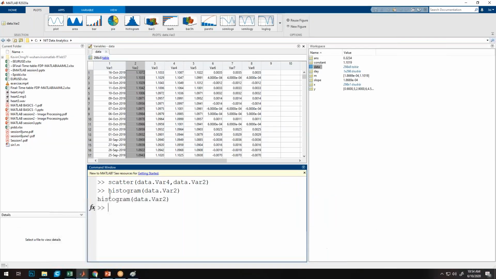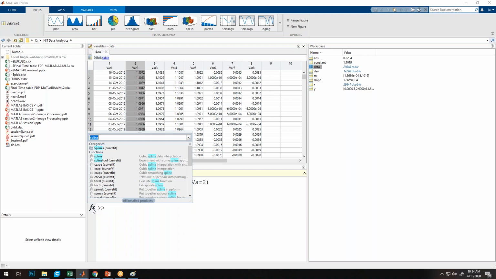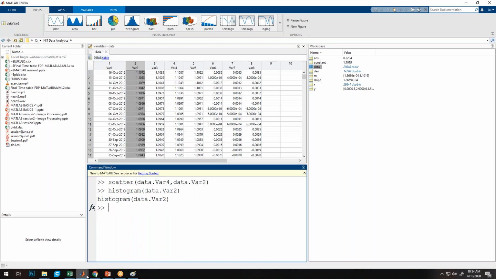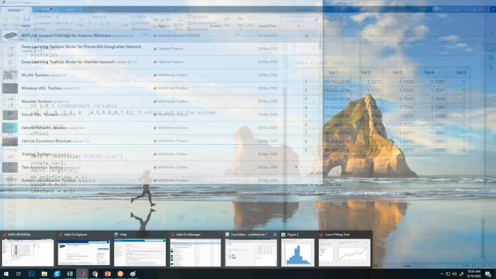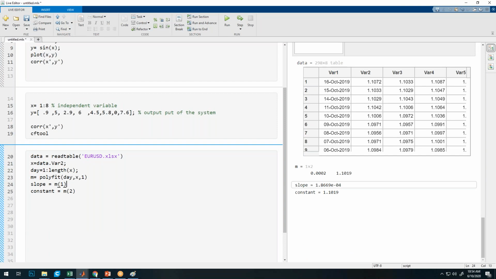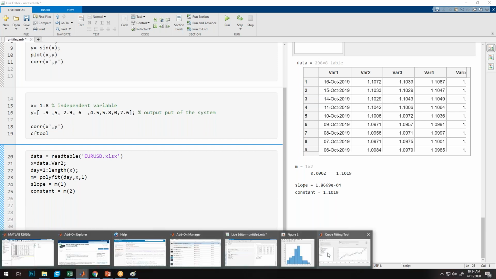Let me tell this one, smooth spline, the smoothing feature. Better, we will use a live script editor only to see this one part. So I think no participant has any doubt in understanding the toolbox, like how you can use it.